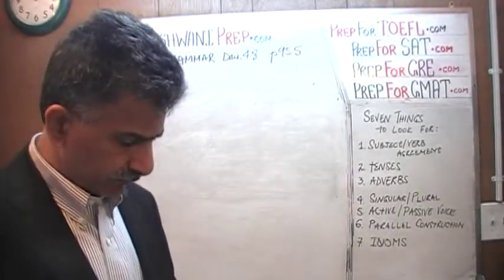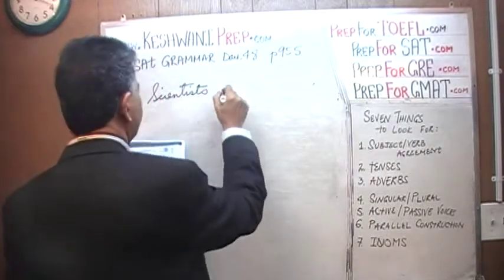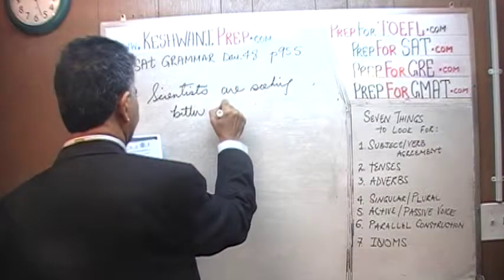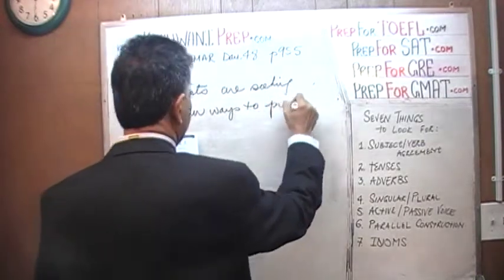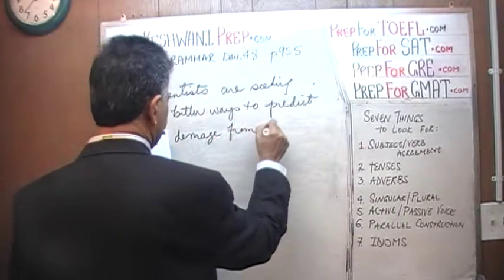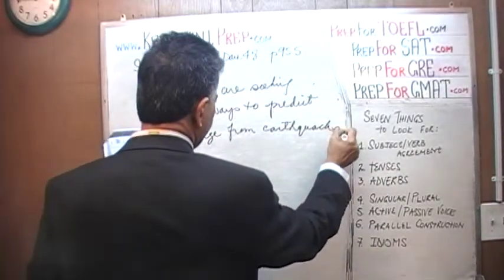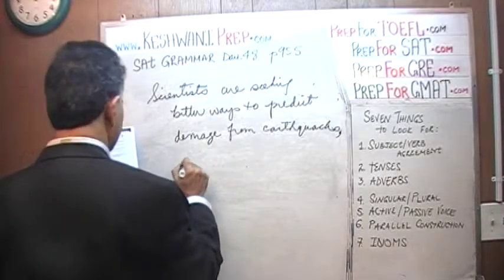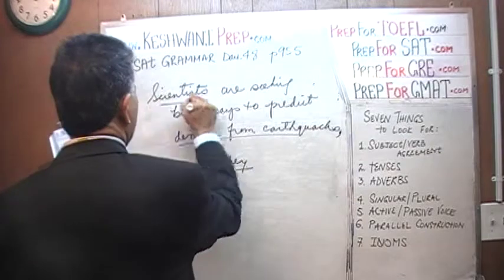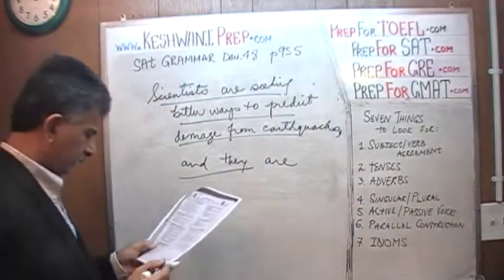The very last one in the first column, number 8. Scientists are seeking better ways to predict damage from earthquakes, and then they put a comma there, and they are using. So everything from the beginning up until now is underlined, and they are using